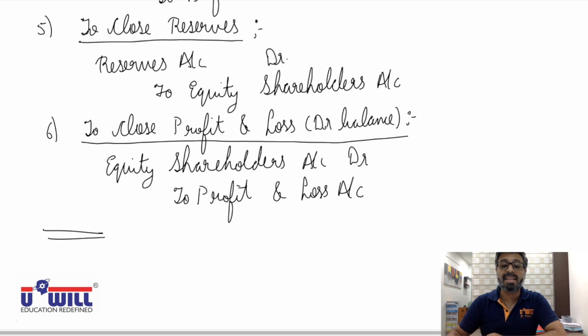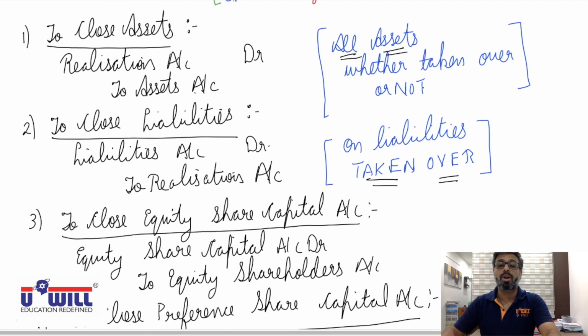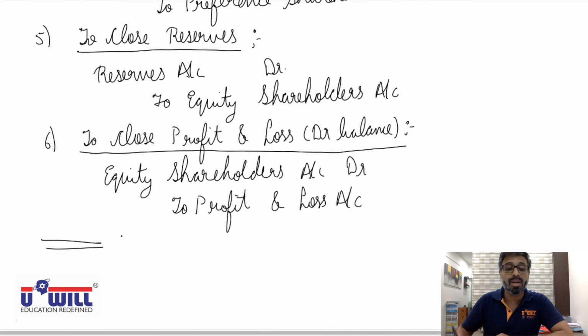Profit and loss account has debit balance. To close it, we reverse and credit. And what do we debit? Equity shareholders account. They have to bear the loss of the company. Assets, all will be included whether taken over or not. Liabilities, only those liabilities which are taken over. And the first 6 entries you can write as a note